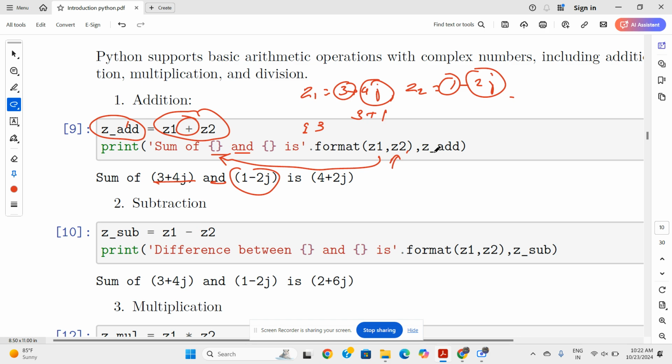Okay, so likewise you can pass your variable value into a print statement, not only to print to a